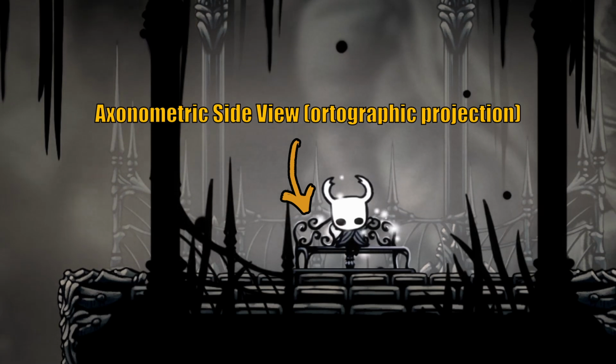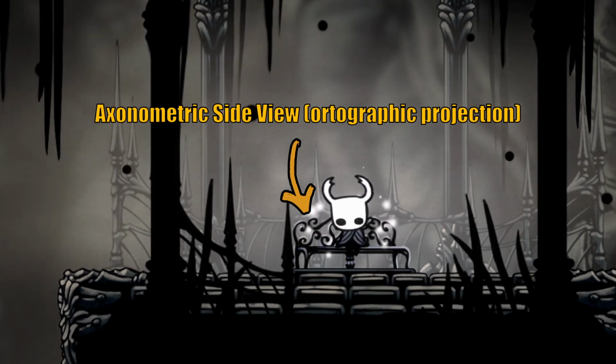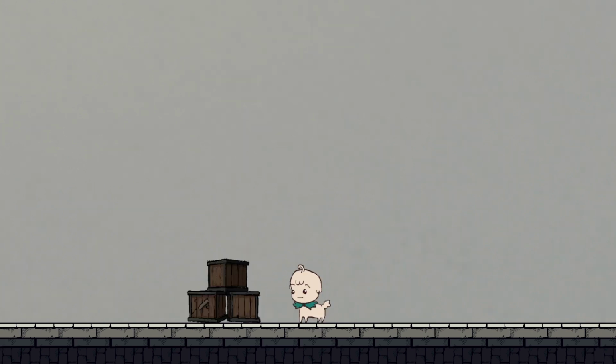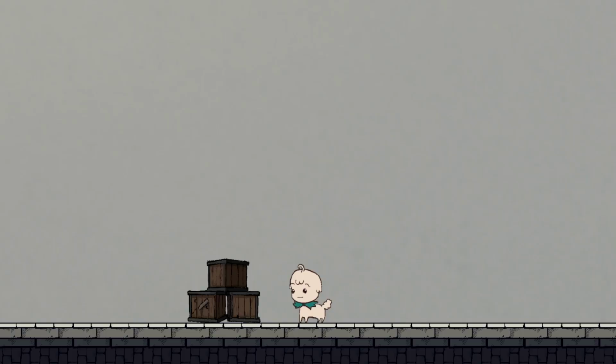This is generally the approach you would see if you take a look at any platformer. Look at this bench in Hollow Knight. You see it slightly from the side, but it looks kind of reasonable. So this makes it seem as if we're clearly dealing with an orthographic projection for a platformer. Perspective boxes clearly look weird. And this is kind of true, but the problem with this type of perspective view is that it doesn't connect